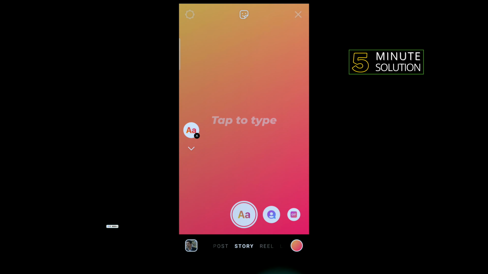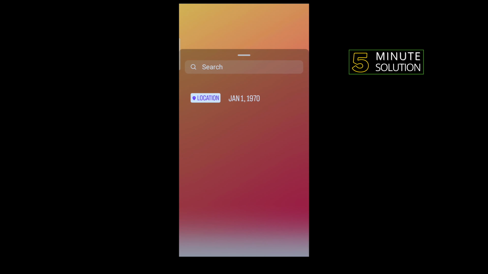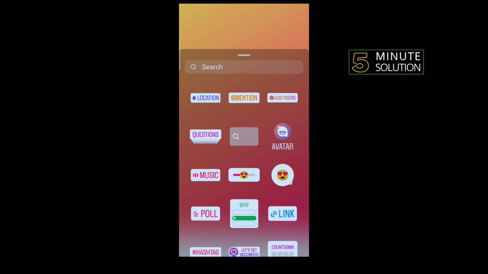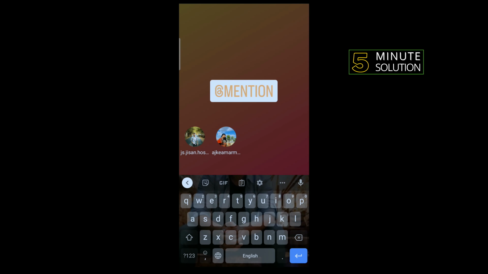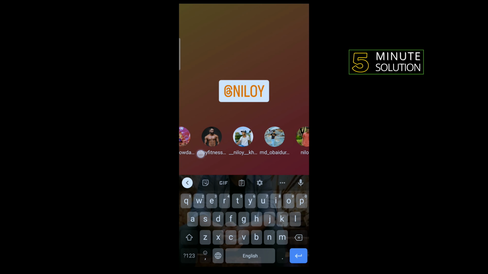So first of all, open Instagram story section and tap on the sticker icon, and here you'll find this mention sticker. So tap on that, and now simply type the name whom you want to mention, and here you will get suggestion contact. You can select any of them to mention,